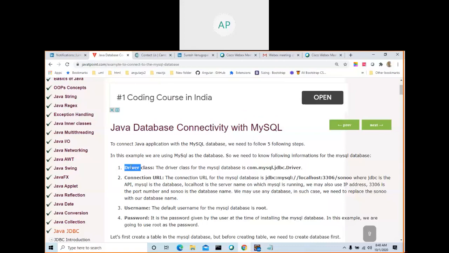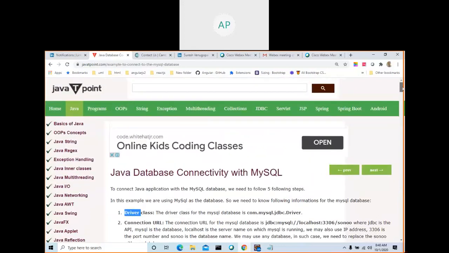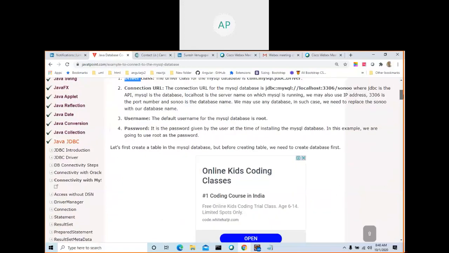Now you give instructions to the driver. The driver converts that into a language understood by the RDBMS, and when the RDBMS responds, the driver converts it so that it can be understood by Java. So it acts as a middleman between our Java program and the database. By this, we will try to see what JDBC is. When you type Java JDBC, you get a number of sites that you can see. Here we will see what JDBC is.